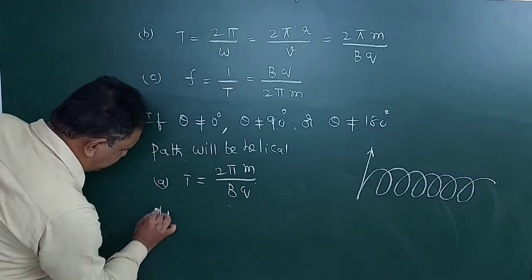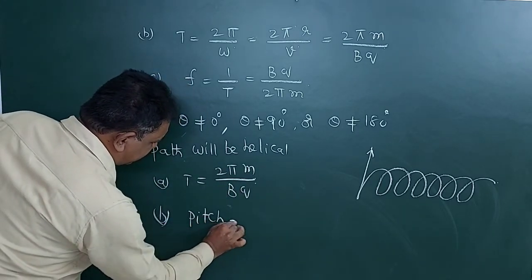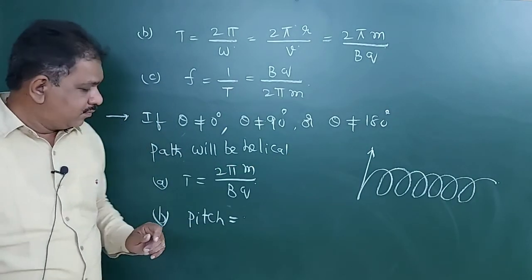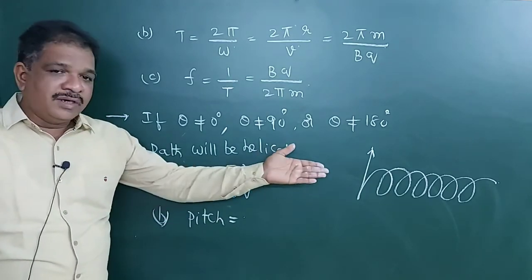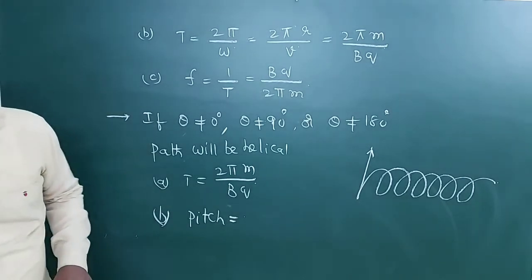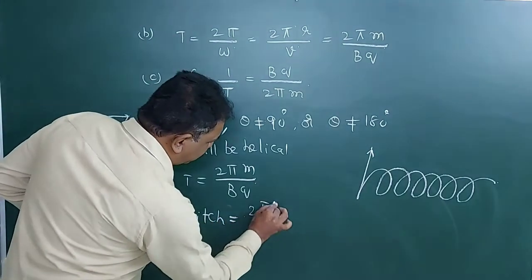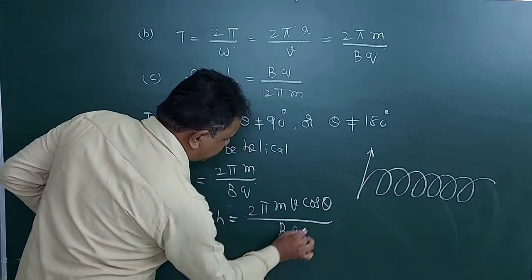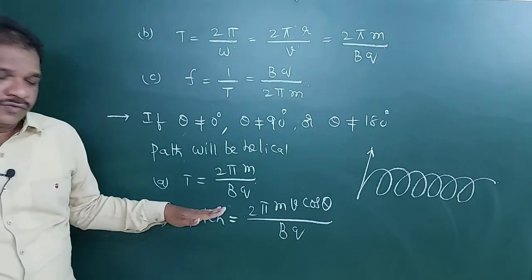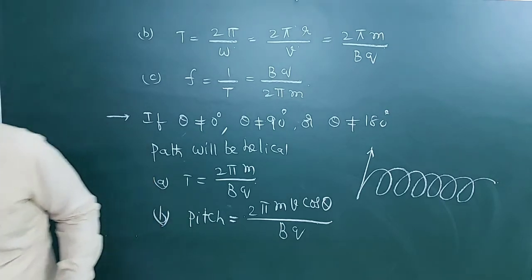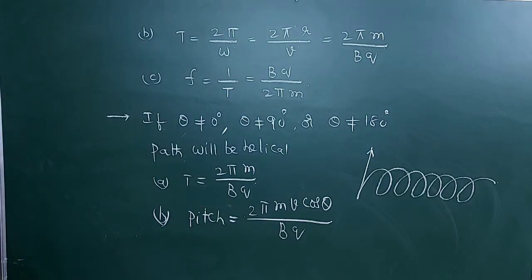Pitch means the distance traveled by the particle when it makes one rotation. So the horizontal component of momentum into time we have to take. Finally this will be 2 pi m v cos theta by B q. Okay, this will be the pitch. Next, after finishing these forces,